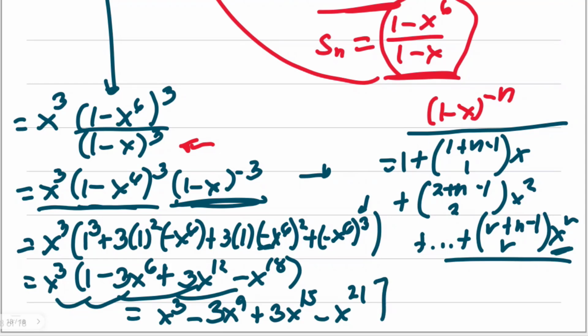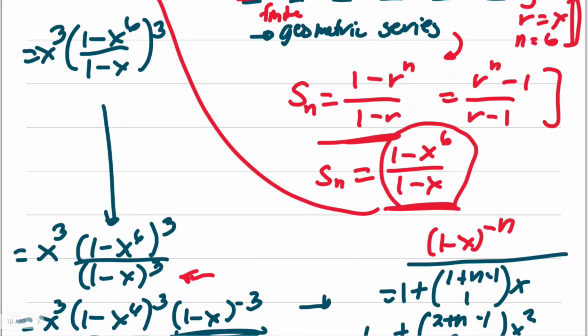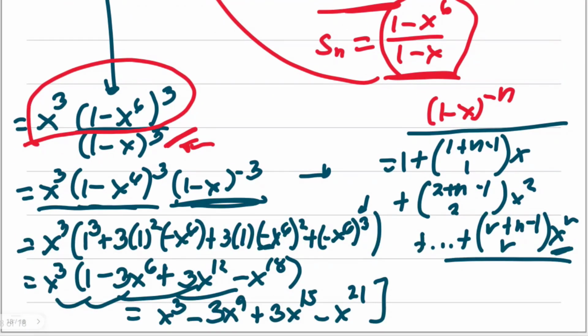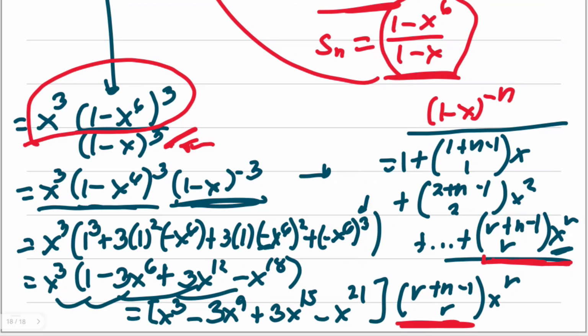Now this is just the portion including this one here, but since we have this form, which is actually for the nth term equivalent to that, this is actually multiplied to the summation, okay, with the following notation. For the r, we'll have combination of r plus n minus 1, r, x to the power of r. Okay, making this as the coefficient we're going to solve as we connect